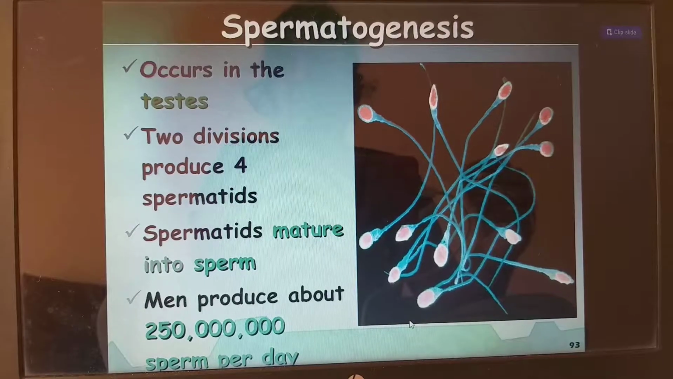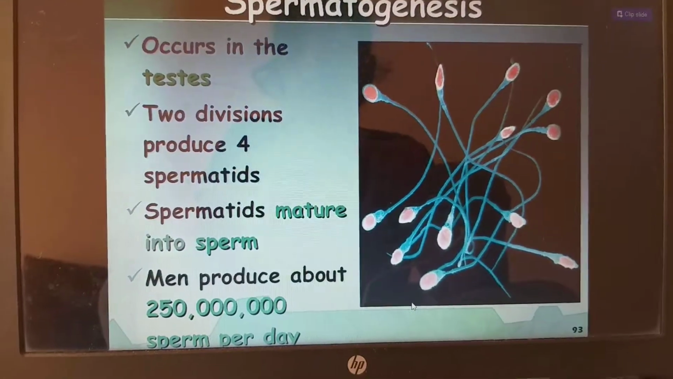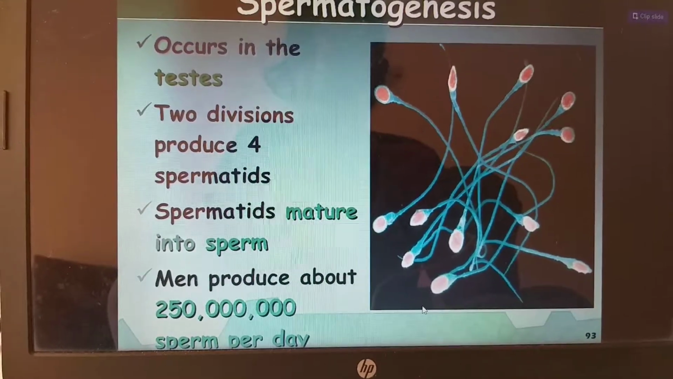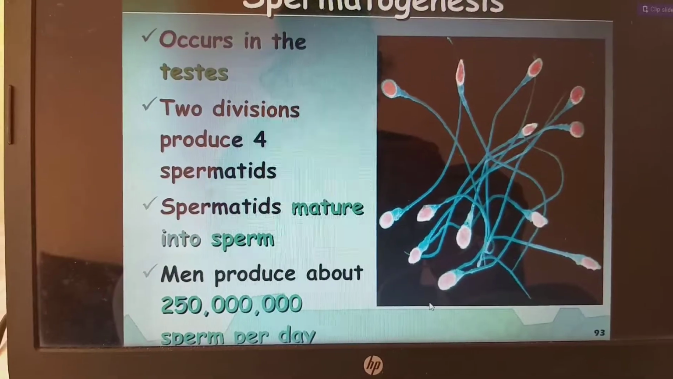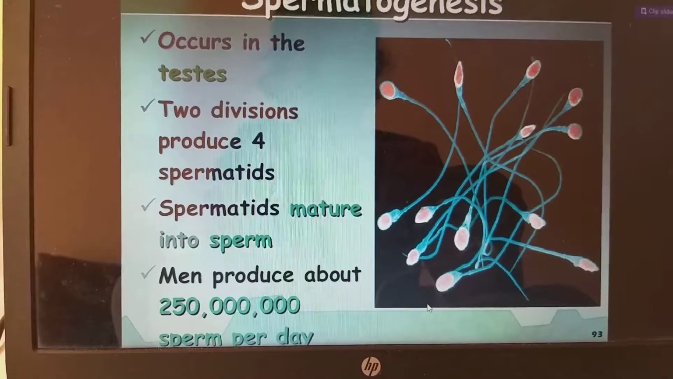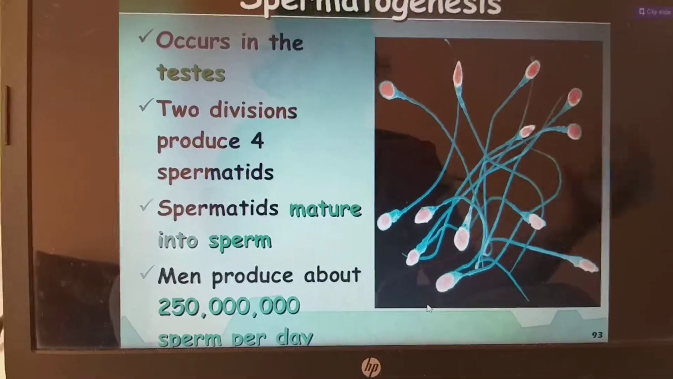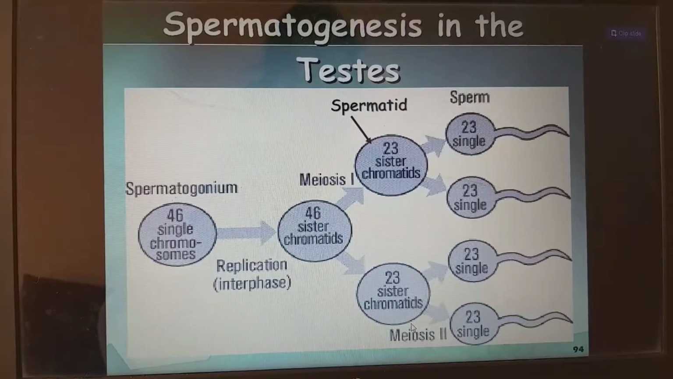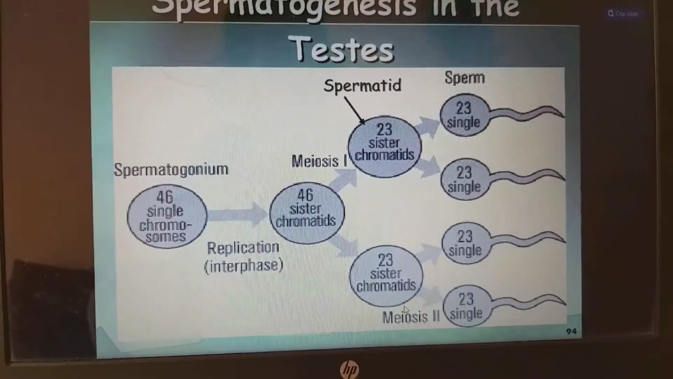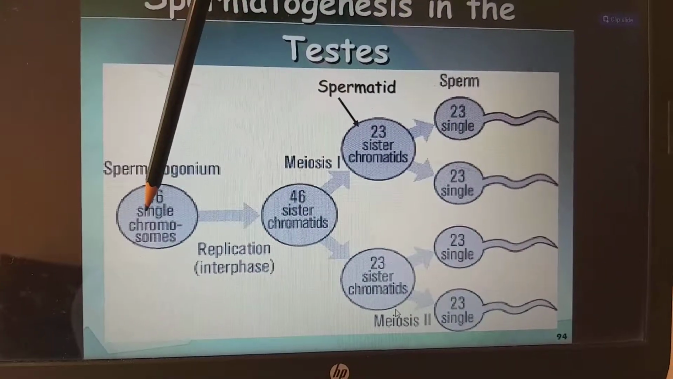Coming to spermatogenesis, it occurs in the testis. The two divisions will produce four spermatids. The spermatids will mature to form sperms. A man will produce about 250,000 sperms per day. So coming to spermatogenesis in the testis, first it is spermatogonium with 46 chromosomes,